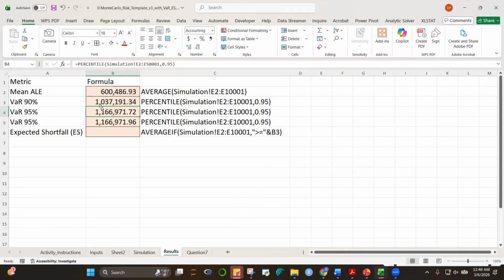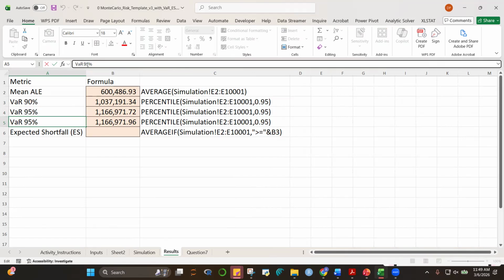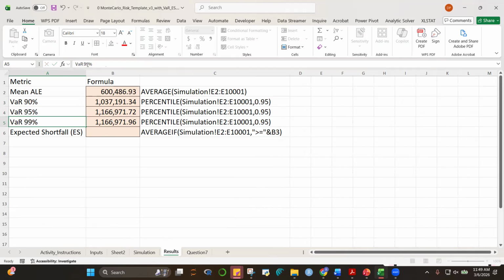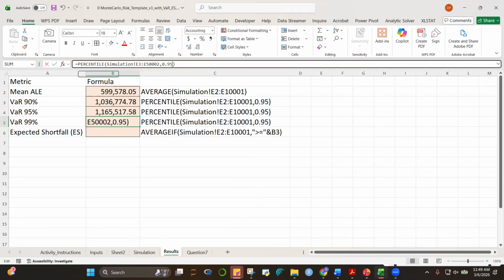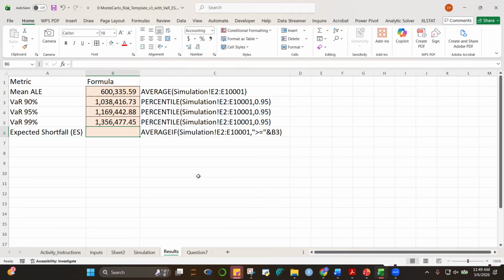So we're 90% confident that the loss will not be greater than 1,037,000. And here we have 99%. .99. Okay, of course it will be bigger. So we have here 90% VAR, 95% VAR, and 99% VAR.